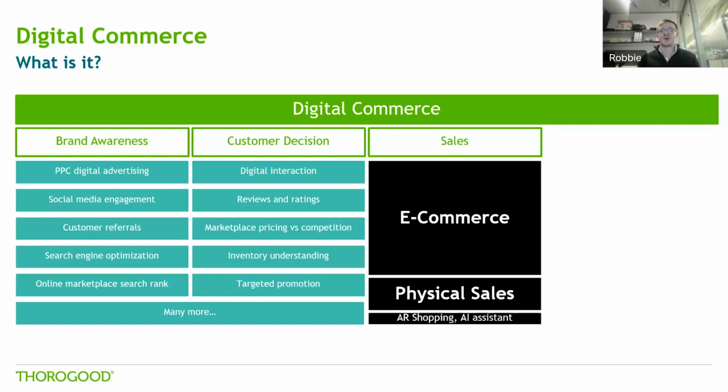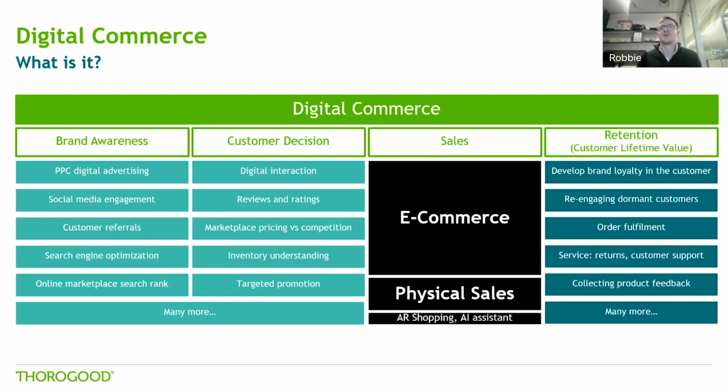Another digital commerce aspect of the sales process is stuff like augmented reality shopping or AI assistance. So, people using their Alexa to purchase milk, you've probably seen that in the adverts, but also augmented reality shopping. It might not be as large scale as, you put on your VR goggles and you walk into a Tesco or whatever. But when I was buying these glasses online, I was able to get a picture of them, and there was a tool that was allowing me to put my face into them and see how they would, or give an idea of how they would look on my face. So all of that can be considered under the umbrella of digital commerce as well.